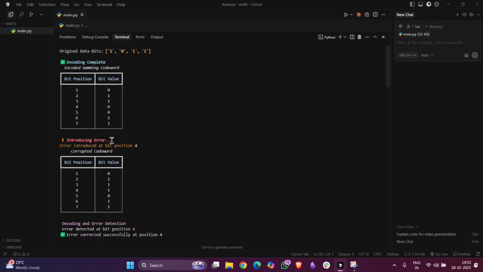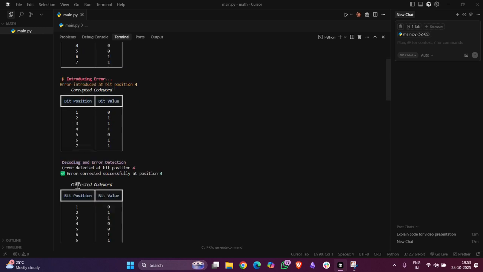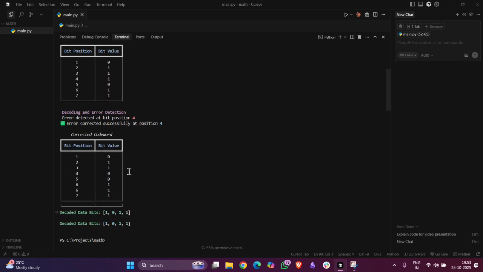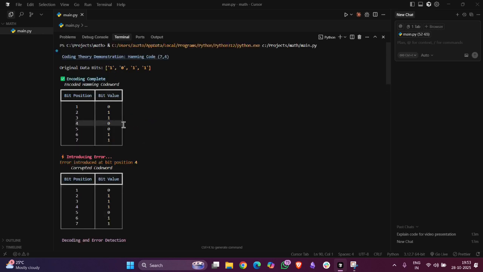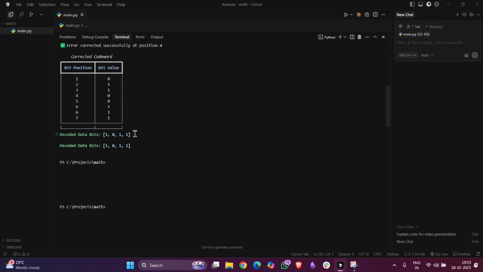Now, from the introducing the error function, we have introduced an error at bit position 4, and we have a corrupted code word at position 4. As you can see over here, it's 0, but here the corrupted code word has 1. So we need to decode it. Moving on to the decoding and error detection part, we have detected the error is at bit position 4. The error has been corrected successfully at bit position 4, and the corrected code word has again been printed, where position 4 has 0 like in the initial stage. Moving on, the input being decoded data bits have been printed, and then the output decoded data bits